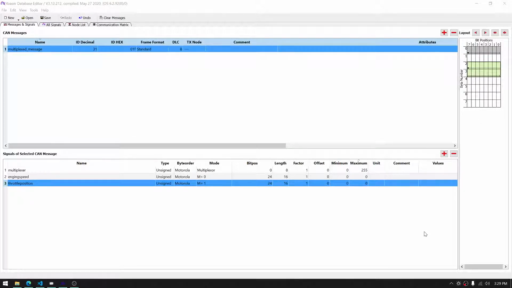In this video, we'll be talking about multiplex messages and how to define those using Kvaser Database Editor. If you're not familiar with a multiplex message, it essentially just allows you to embed more channels or more signals into one message by using a portion of the data packet to determine what the rest of the data will